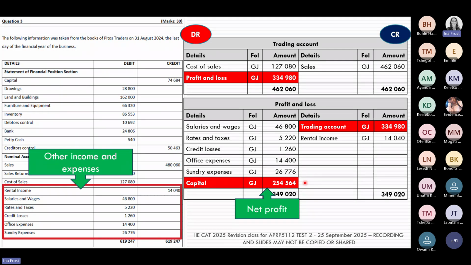Remember, we're dealing with a sole trader, which means there's only one owner of the business, and this owner takes all the profits or all the losses in the business. So you can see the net profit is going to be taken to the capital account of the owner, because we only have one owner, and this owner gets to keep all the profits of the business. But if we made a loss, then the owner also has to absorb that loss. A reminder, how do we calculate the net profit? The net profit is your income minus your expenses.